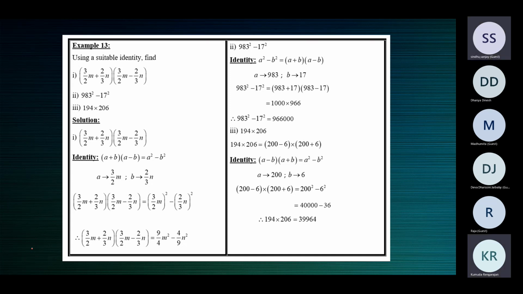A plus b the whole square is equal to a square plus 2ab plus b square, ma'am. Okay. Next one. A minus b the whole square is equal to a square minus 2ab plus b square, ma'am. Okay. Next. A plus b into a minus b is equal to a square minus b square, ma'am. Very good, children. All right. Anybody else wants to recite this?